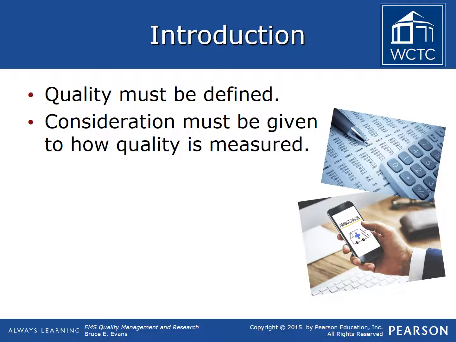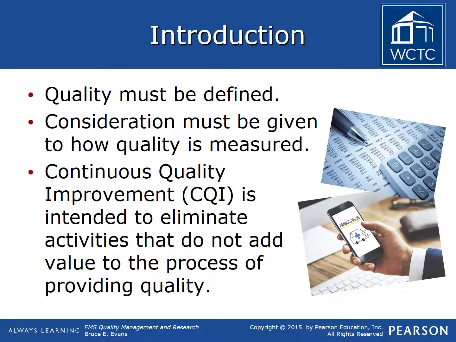At its most basic level, a quality improvement system strives to ensure the right things are done right away. Part of the goal of a quality improvement system is to also eliminate waste. Waste costs money and resources. Waste also contributes to errors and bad outcomes. Thus, continuous quality improvement techniques seek to eliminate activities that do not add value to the process of providing quality. Stated inversely, quality organizations seek to invest their time, money, and resources in value-added activities.